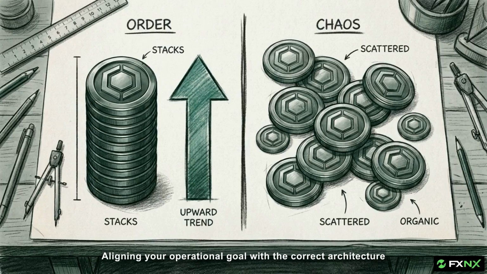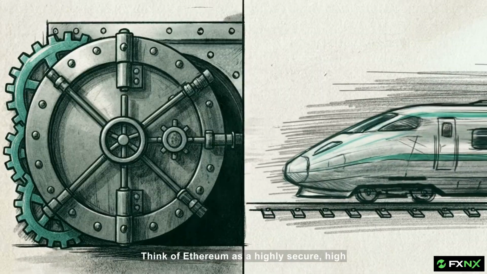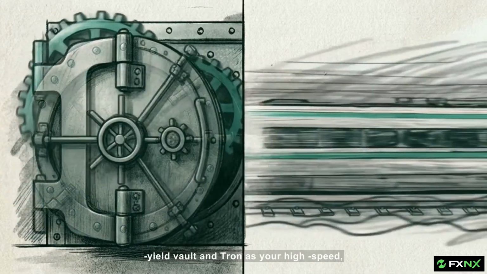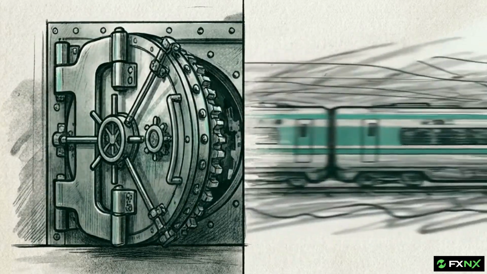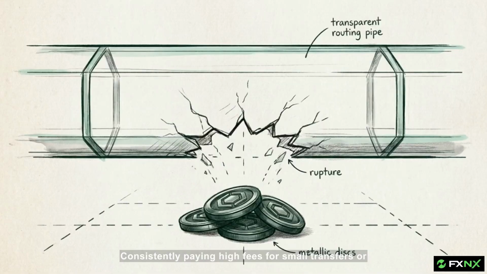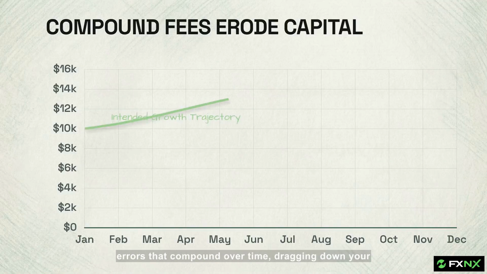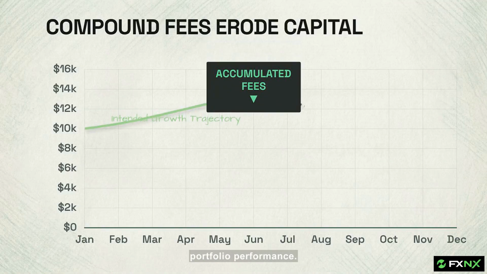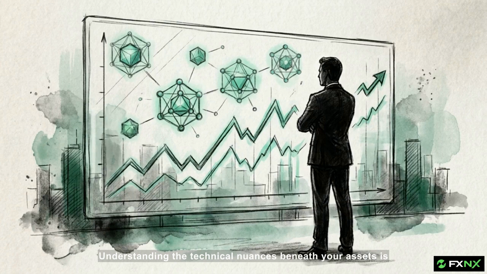Aligning your operational goal with the correct architecture eliminates friction. Guessing introduces avoidable risks and wasted capital. Think of Ethereum as a highly secure, high-yield vault, and Tron as your high-speed, low-cost transport vehicle. Whichever you choose, always double-check your network drop-down menu and match it to your destination address before you finalize a stablecoin withdrawal. Consistently paying high fees for small transfers or trapping capital on isolated networks are small operational errors that compound over time, dragging down your portfolio performance. Understanding the technical nuances beneath your assets is the critical first step to executing a professional,